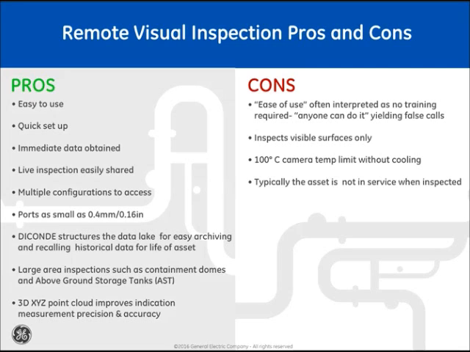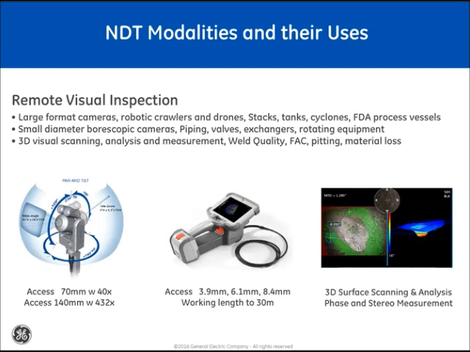Kevin's going to talk to us in a few minutes more about CR and DR, but with remote visual inspections, you can inspect areas as large as above-ground storage tanks, and you can also do measurements and verify the indication size of a pit or, say, some area of corrosion down to 1,000ths of an inch when you use something like 3D phase measurement or 3D stereo measurement. So each application that you have is going to be unique. We'll look at this next slide and take a look at the guidelines to when you're doing your remote visual inspection. And if you go to the next slide,